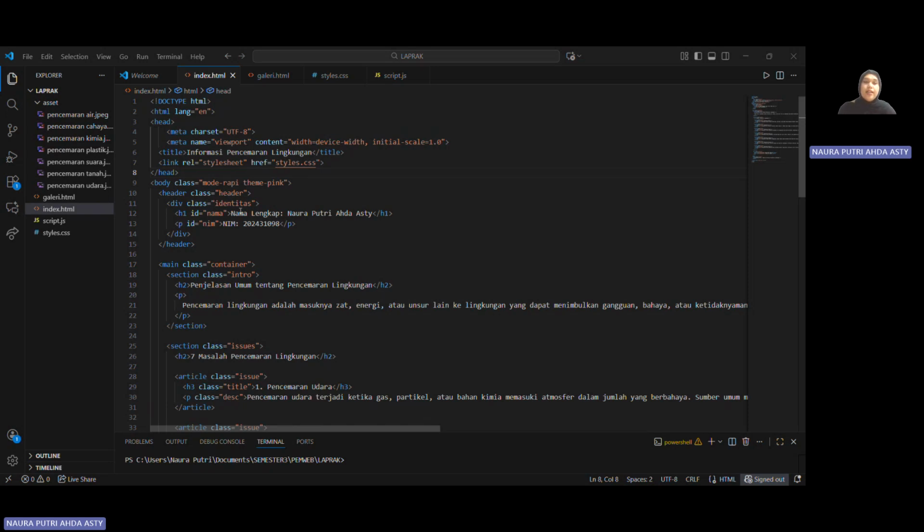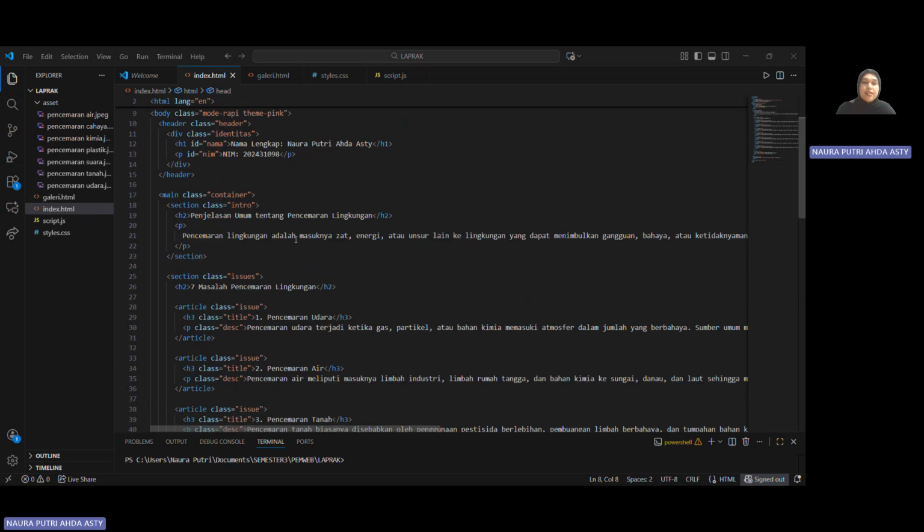The next one is the header section, where I add a box called identitas, which contains my name and my student ID that will appear on the screen. The next one is the main section. Inside the main section, we have two big parts: the general explanation about environmental pollution, and the list of 7 pollution problems.